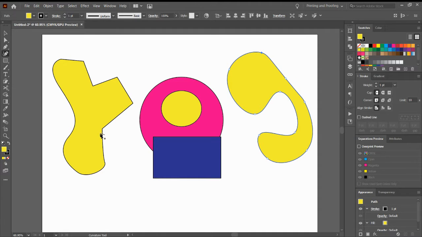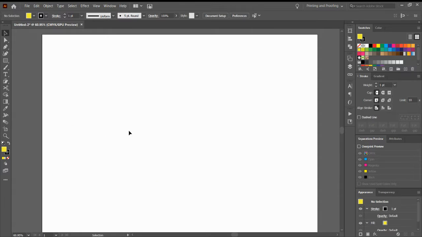Yes, you can. The difference is quite obvious because the pen tool has sharp corners. You can see those edges, but the curvature tool has all curvaceous boundaries. So this is the difference. These are like curves. There are no sharp points or bends, though this pen tool can give you both the effects. Let me delete all these things.